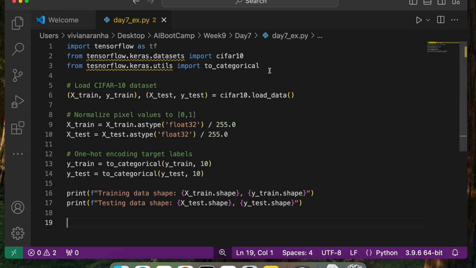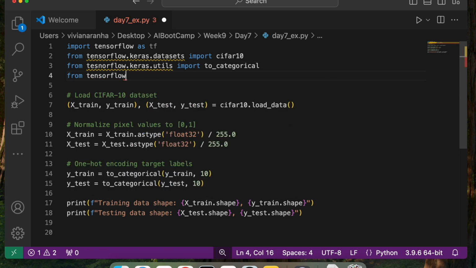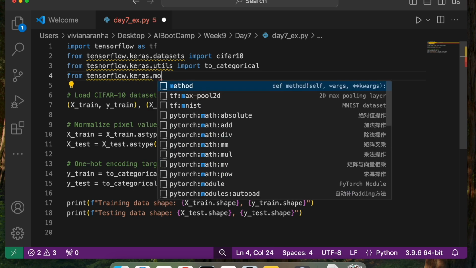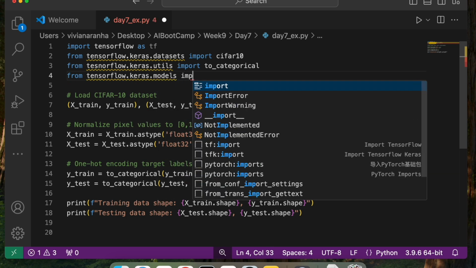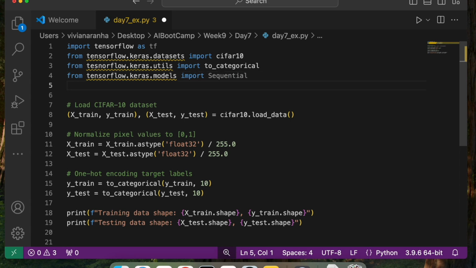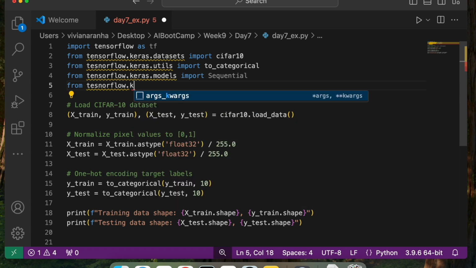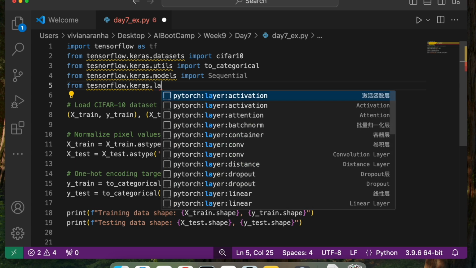For that, I am going to go to tensorflow.keras, and from keras I have models where I'm going to import Sequential, which we used earlier. As I mentioned, these use the different layers in a sequential order, so that's why we use Sequential. Next I'm going to say tensorflow.keras.layers.